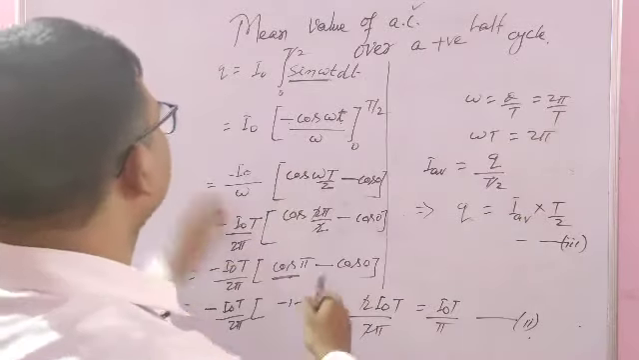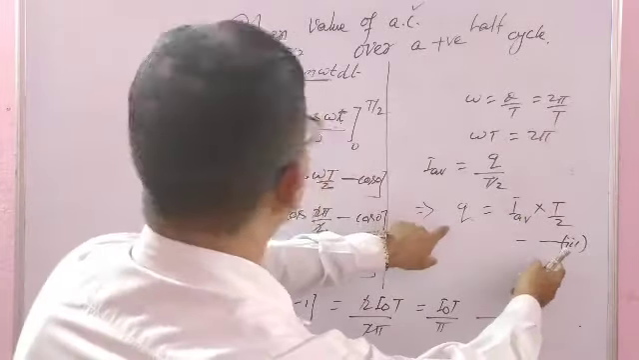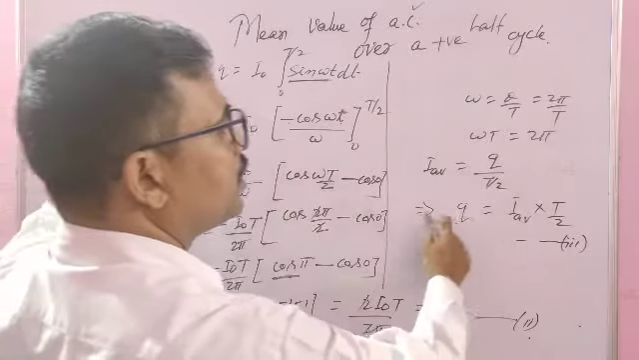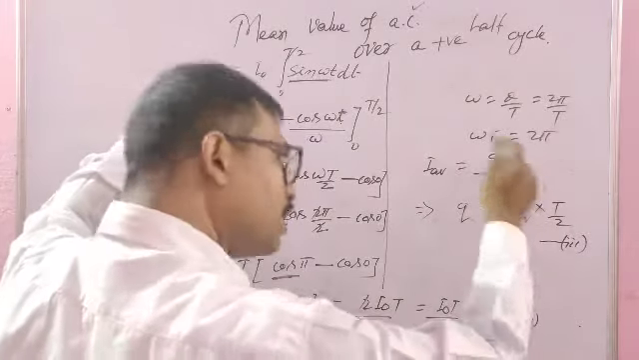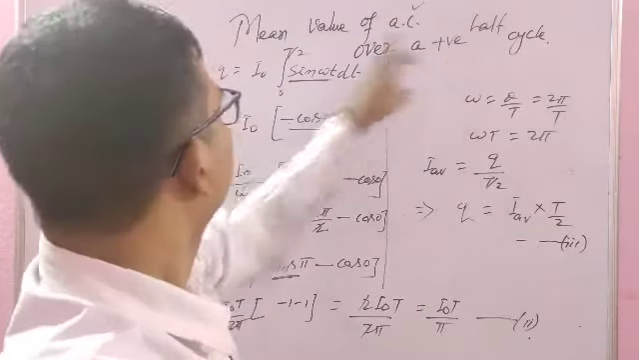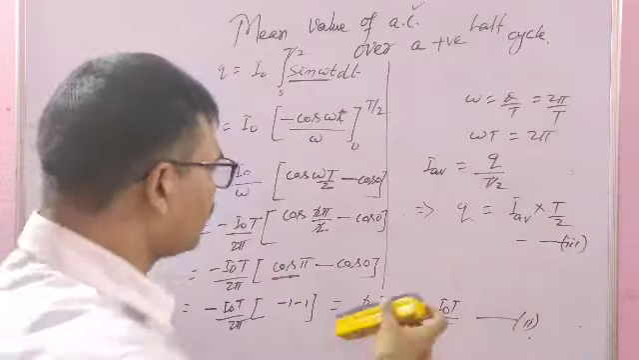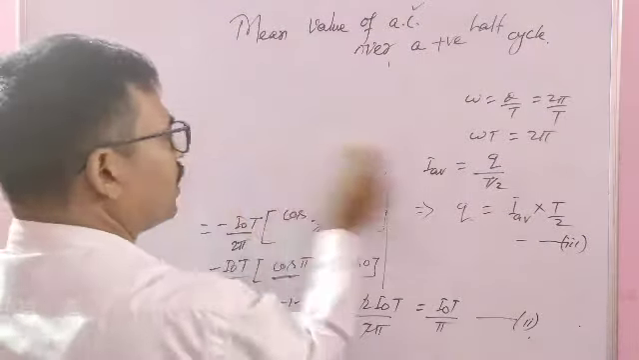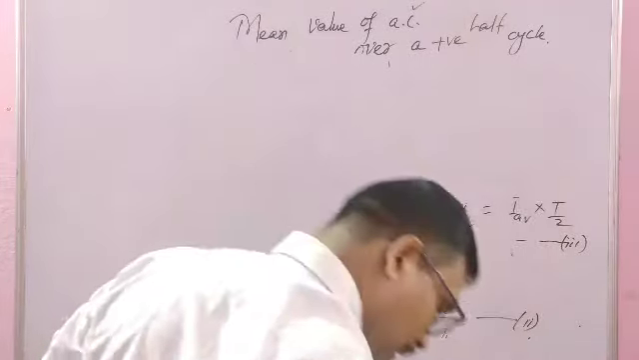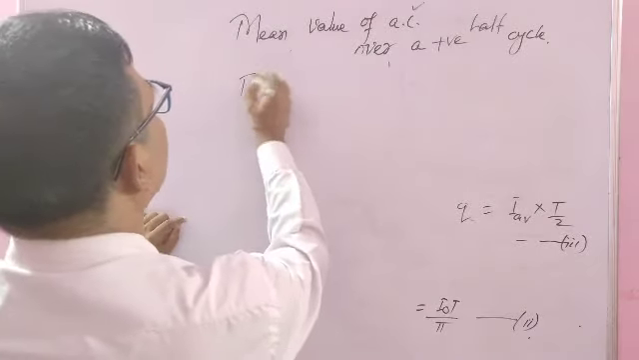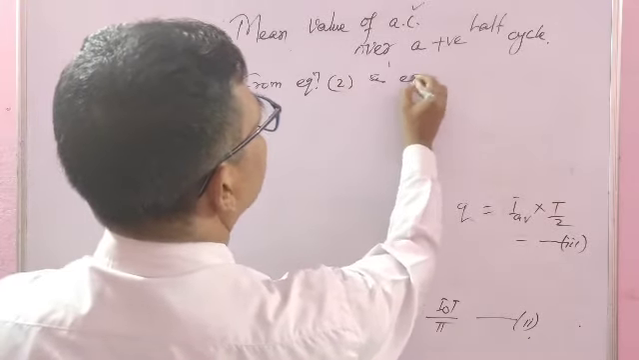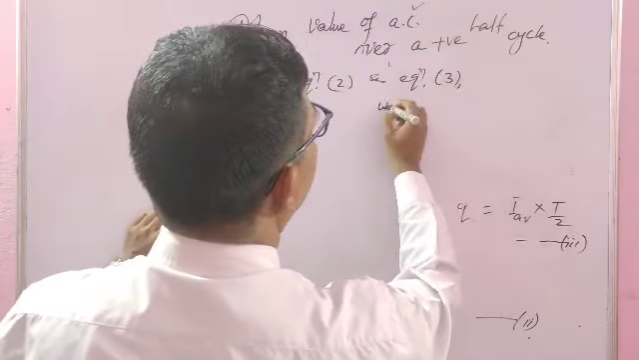Okay. So comparing, it is the value of Q, when you are sending the charge, but it is the value of AC in that circuit during the positive half cycle. So from equation 2 and equation 3 we get,